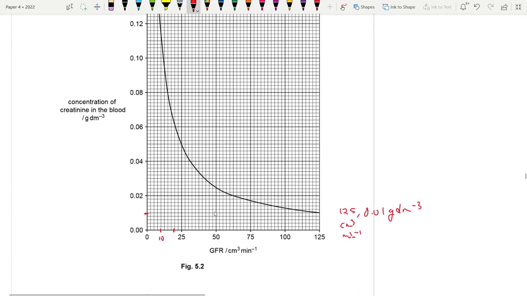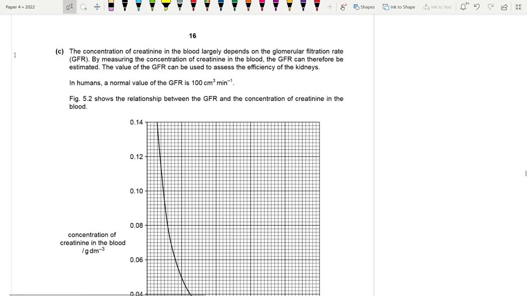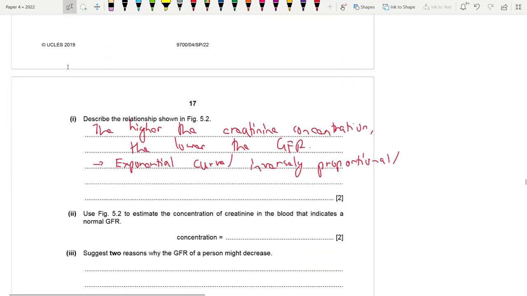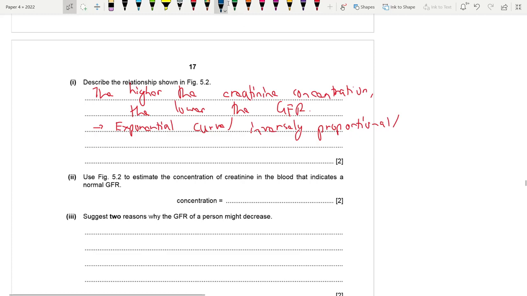So that's 3 boxes. So at 7.5, right? At 7.5 centimeter cube per minute, there's a concentration of 0.14 gram per dm cube, right? In the blood. So yeah, that's an option. Or there is another option. There's a hack. You could just go for